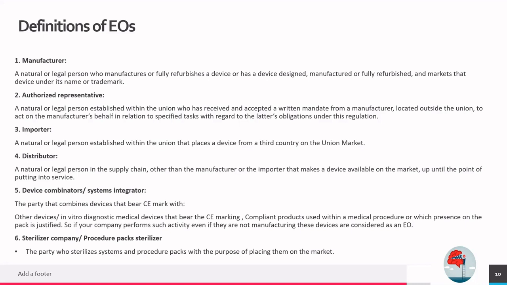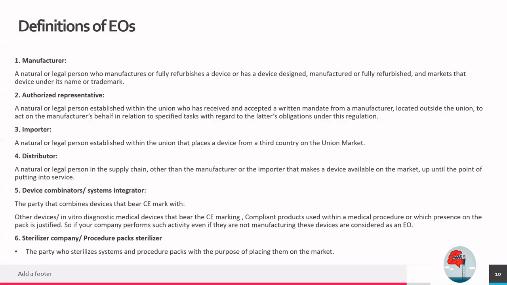Then the device combinator, or system integrator, is the fifth party. The party that combines devices that bear the CE mark with other devices, or an IVD device that bears the CE marking, compliant products used within a medical procedure, where the presence in the pack is justified. So if your company performs such an activity, even if it is not manufacturing these devices, it is considered an economic